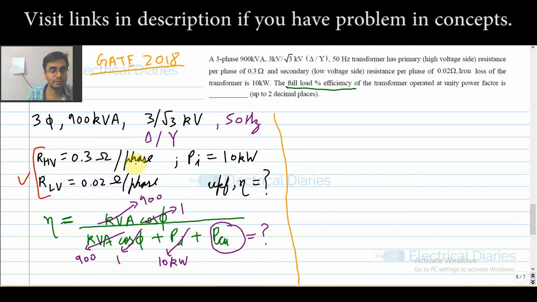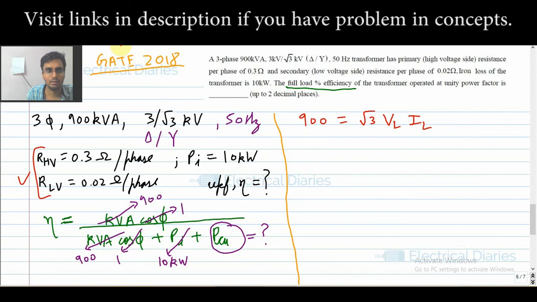Remember, it is 3 phase, and to find that you have to find the per phase full load current. Okay, so that is the strategy that I will use. So to find the per phase full load current, first what can you do? See, you are given 900 kVA. It's a 3-phase, and you are given the line voltages, always remember. So root 3 VL into IL.